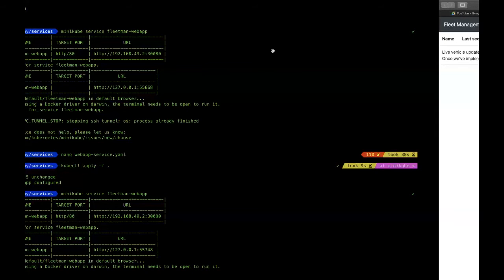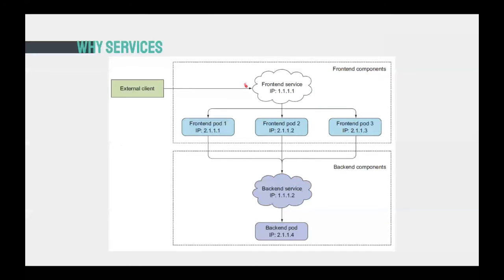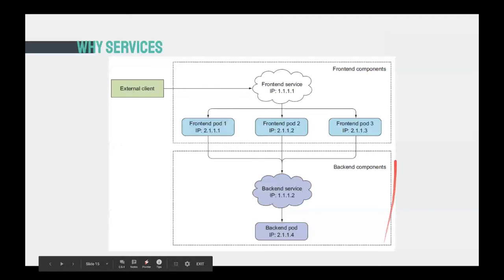This is the same kind of concept, where you have the front end service and the back end service. You have one Kubernetes cluster here and another Kubernetes cluster here. In the first Kubernetes cluster, I have 3 pods.